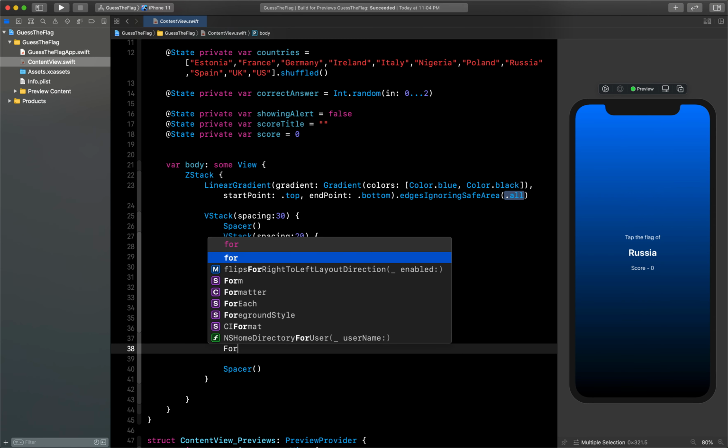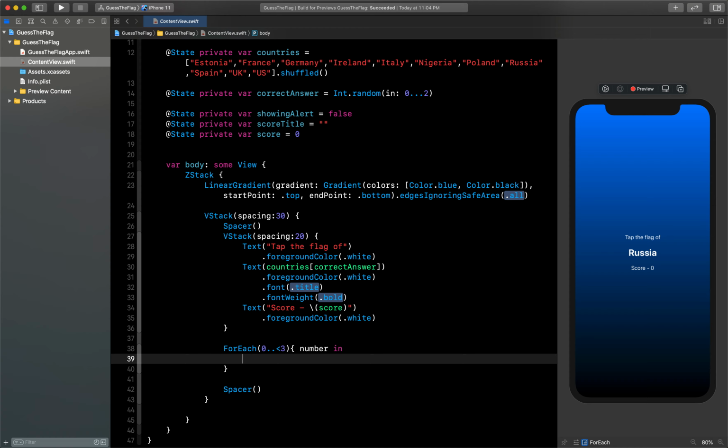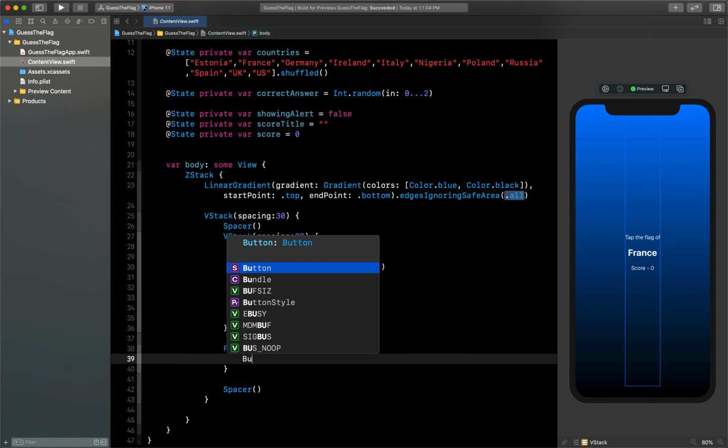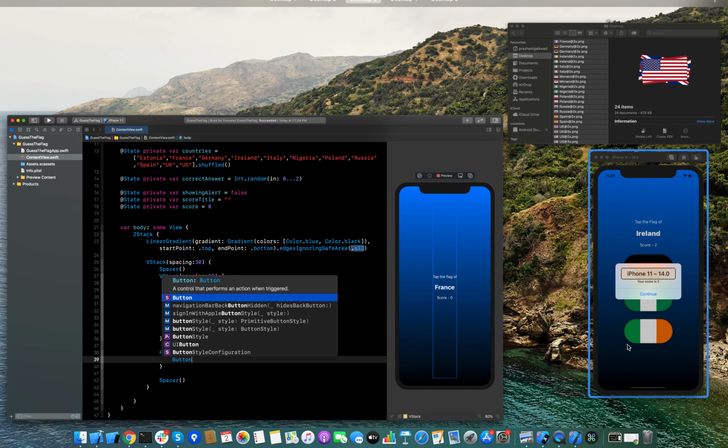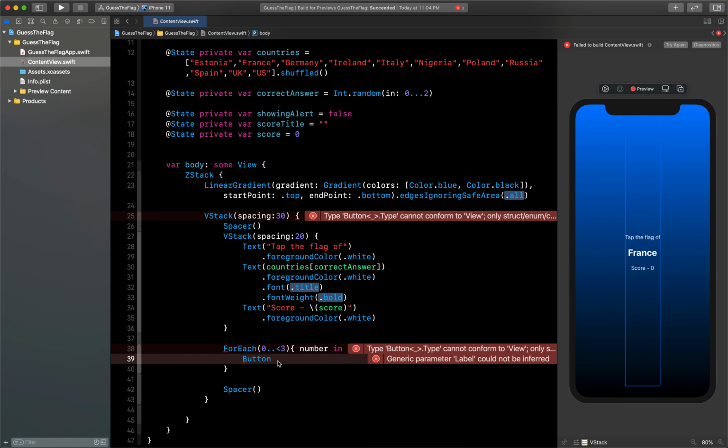So let's use ForEach, which will go from 0 to less than 3, and we will get one number each time, which is number in, and now we can use this number. What I'm going to do is create a Button directly and give it the flag as an image, so that we can directly click it instead of giving an image and then adding a button.